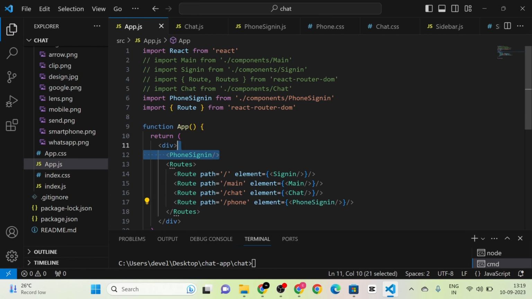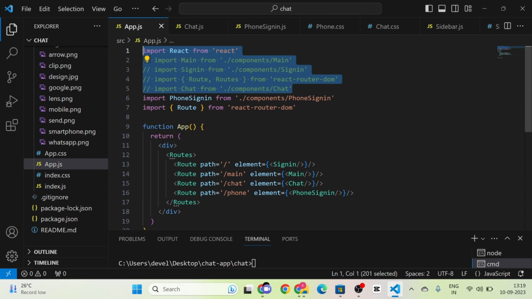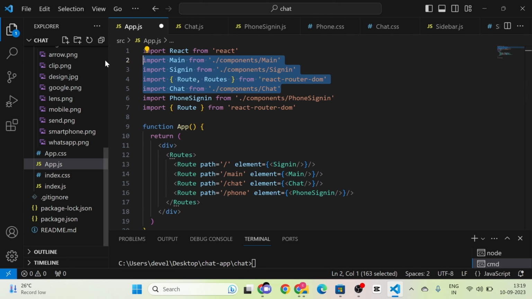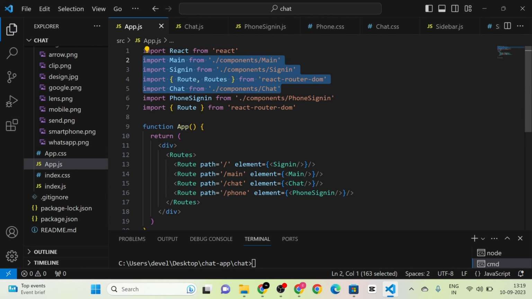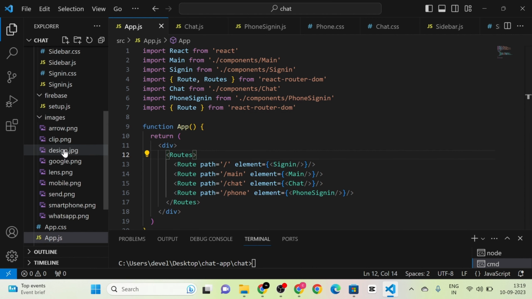Okay, and I'm going to uncomment this section also this way. Next, what I'm going to do is in the sign in component,